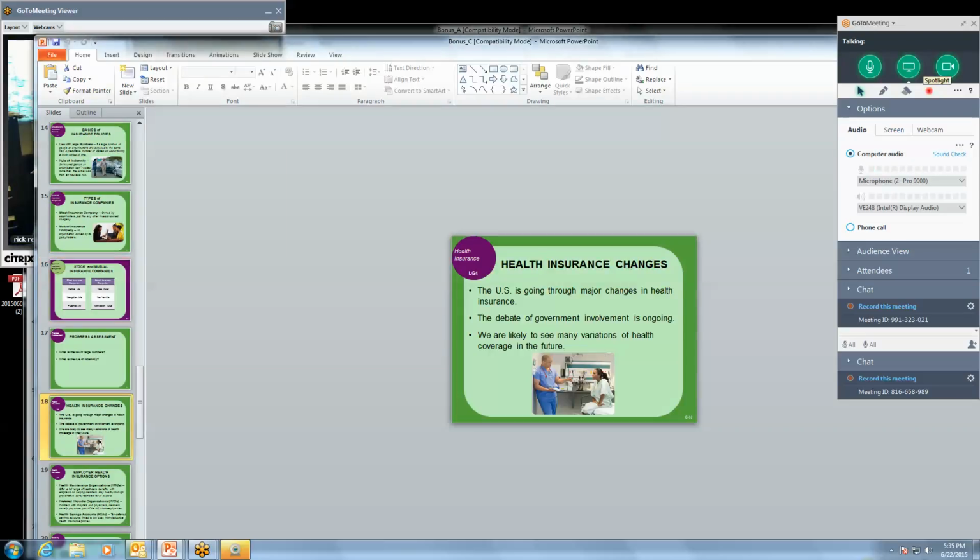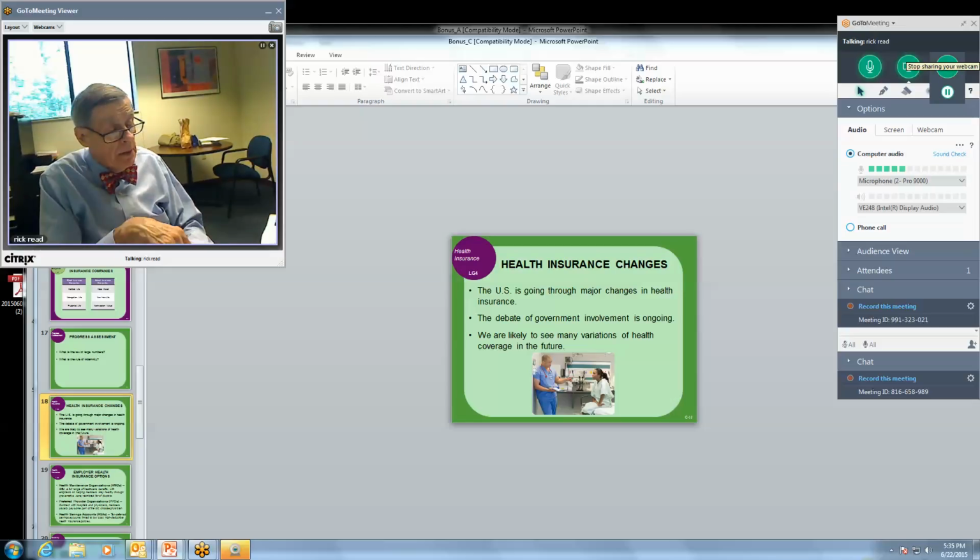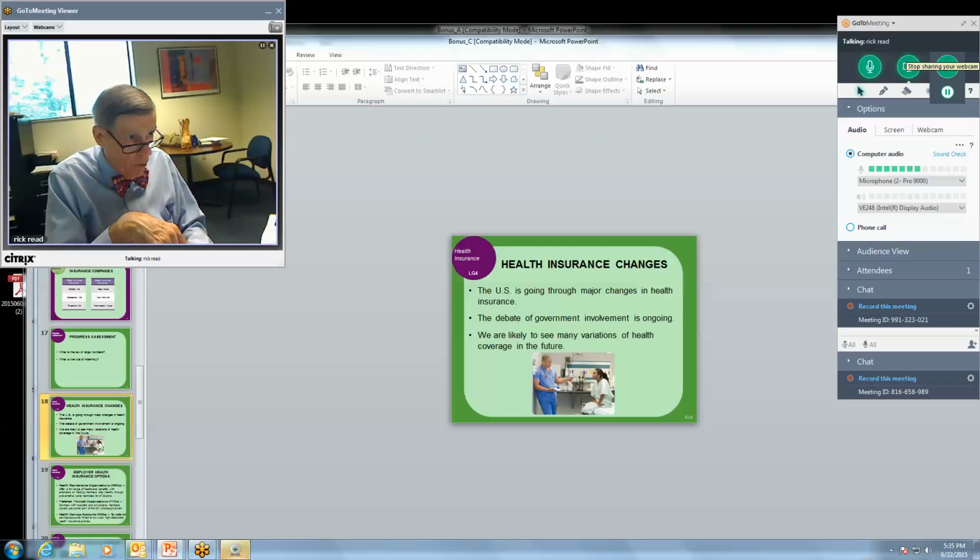These are the health insurance changes. As you know, we have gone through major changes with the Affordable Care Act. Government is involved, as you may or may not know. The Supreme Court is going to hand down a major ruling about whether some of the subsidies that are paid out by the Affordable Care Act are legal or not. That will have major ramifications. I do not expect that announcement until next week. The court typically tends to hold those types of announcements to its final week.